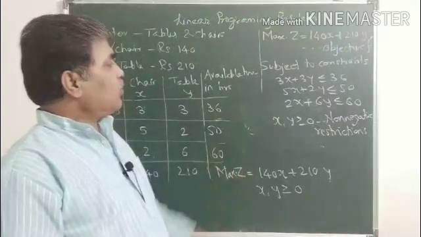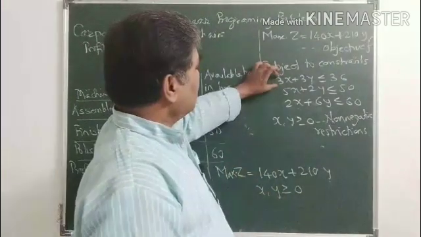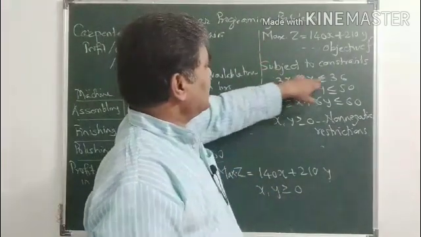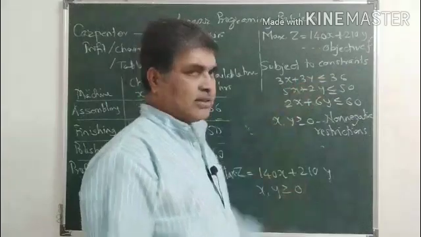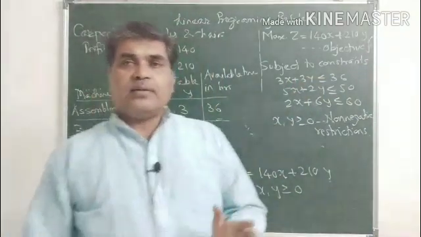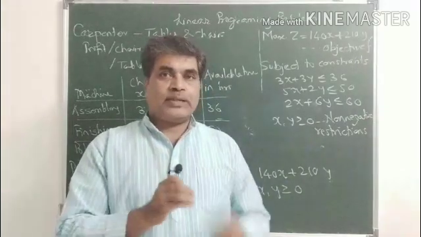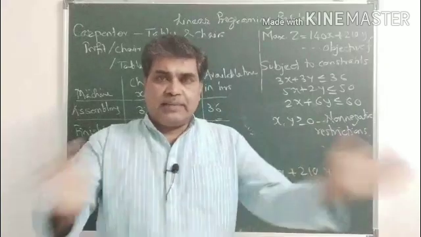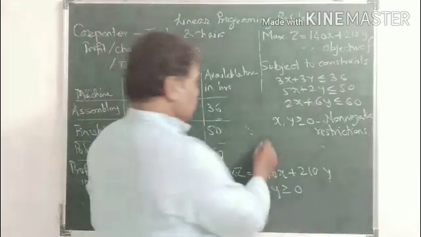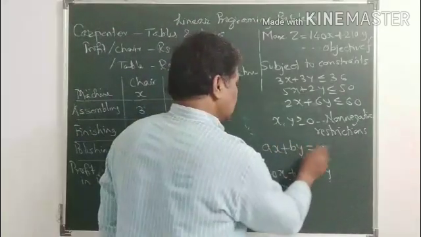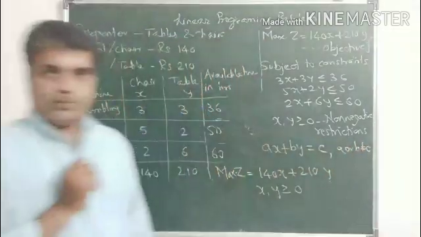So, in our state board examples, you may have some examples: only draw the solution region of 3x plus 3y equal to 36. You know how to draw the line 3x plus 3y equal to 36. We know that to plot a line we require 2 points. Through a single point we can draw infinitely many lines, but through 2 points there exists only one line. So if I have the equation ax plus by equal to c, where a or b is not equal to 0, then it will represent a line.